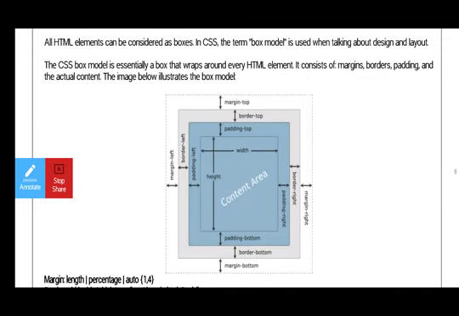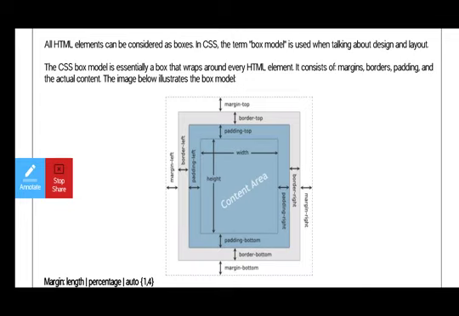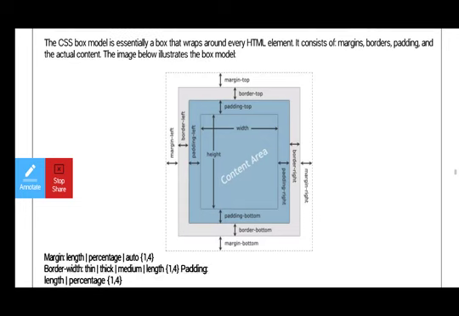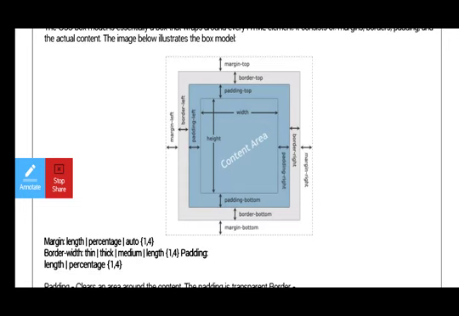So this is about the box model. In the box model, first of all we have a dotted line, which is called the margin, and the next one is the border, and the next one is the padding. The last one is the content area. The actual content appears in this. So the actual content that we see in the web browser, in the web page, is the content area we are seeing here. So here we can use some CSS and HTML.